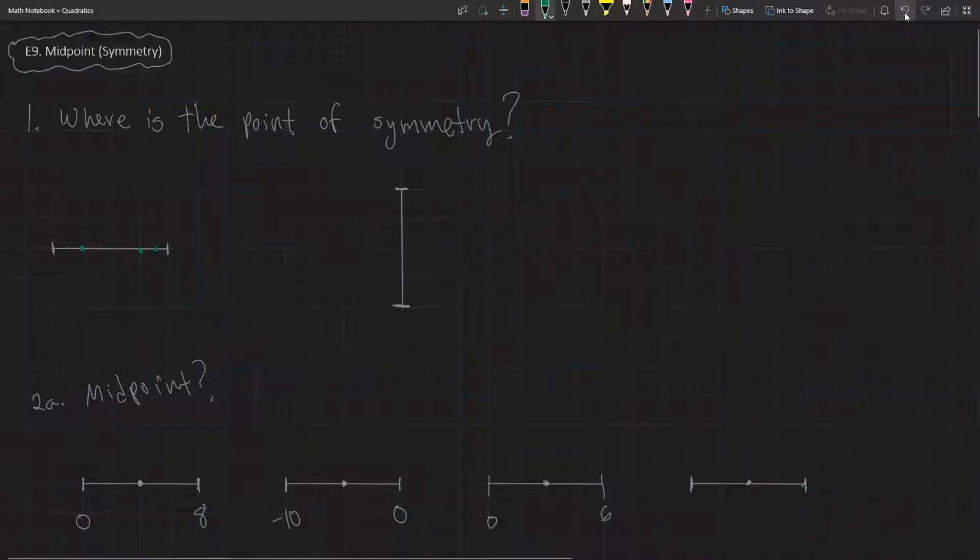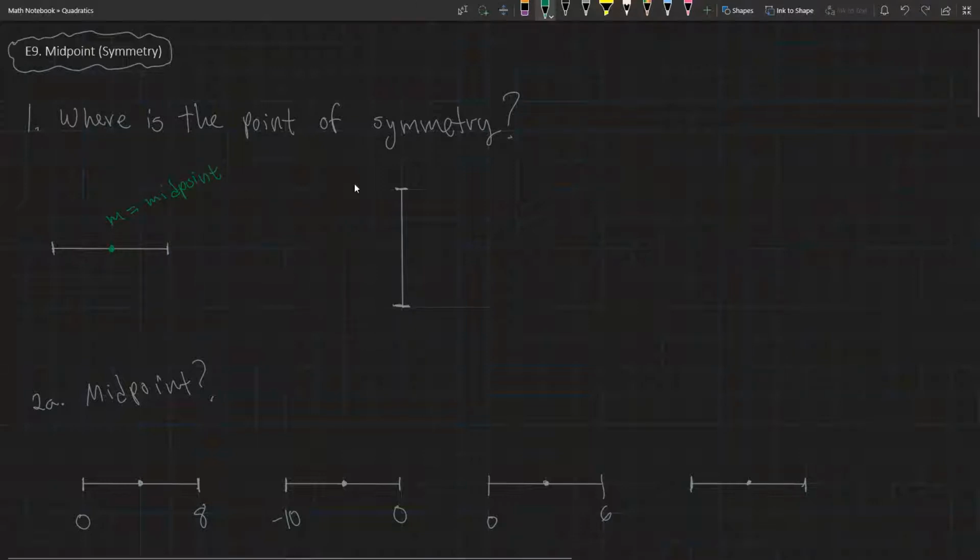I probably won't do that again. But let's label it right here. I'll use the letter M to indicate a midpoint. Don't confuse that with M for slope. All right, not to be confused with M for slope. So we'll say that's the midpoint,